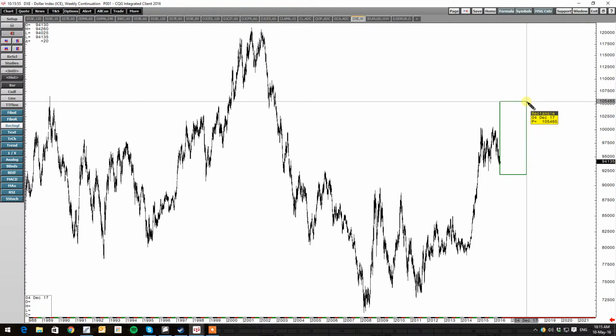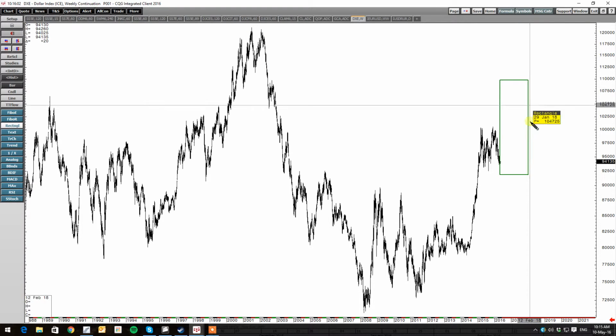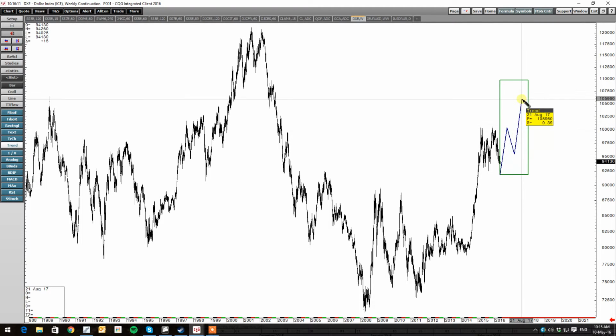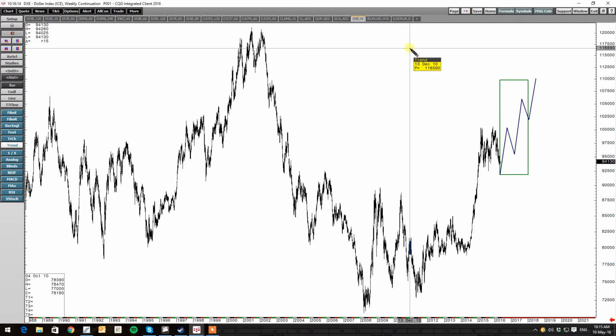It will rise probably for several months, for 3-4 months, all the way possibly to 110. So I expect the dollar to strengthen by about 15%. That's quite a big strength in the dollar, something like that. What that means for the euro, that